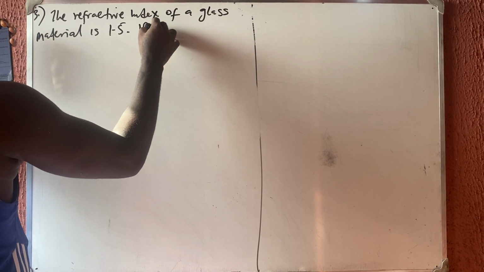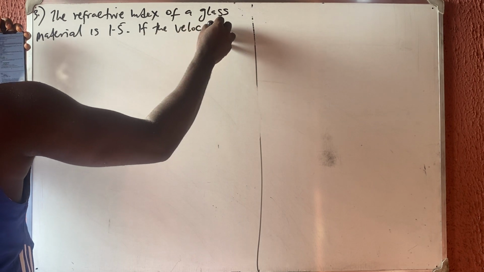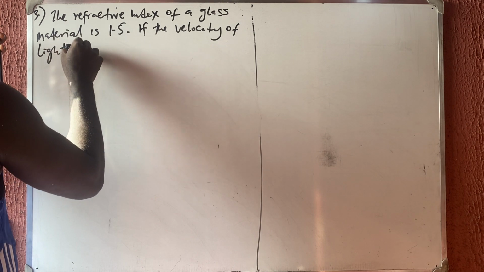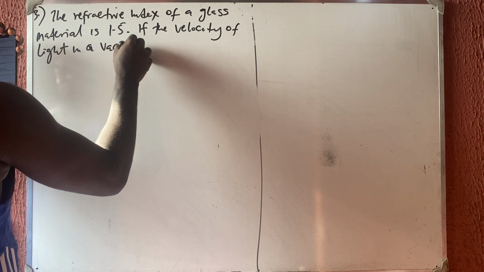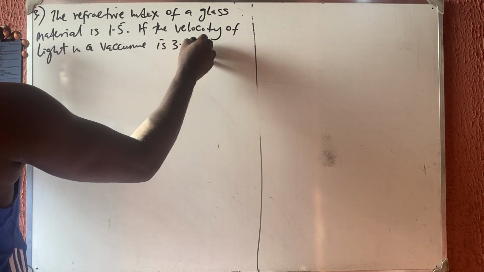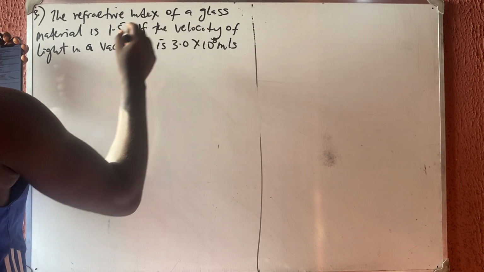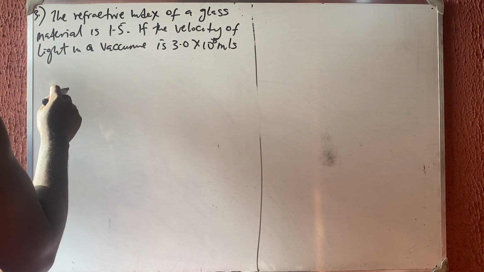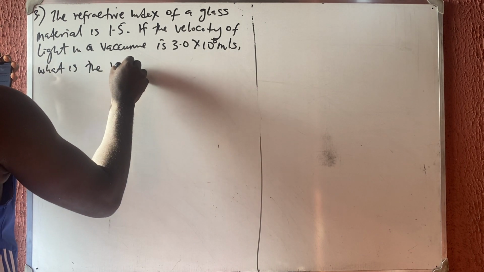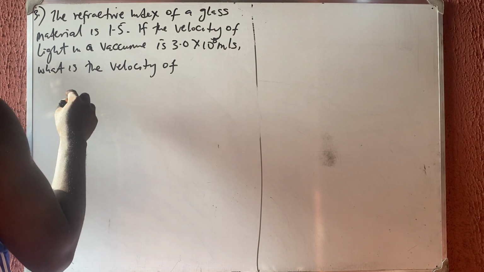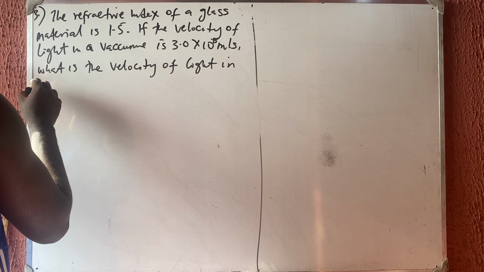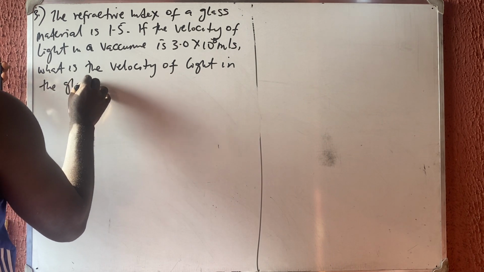Then I say if the velocity of light in a vacuum is 3.0 times 10 raised to power 8 meters per second, okay, comma, then I say what is the velocity of light in the glass. Okay,